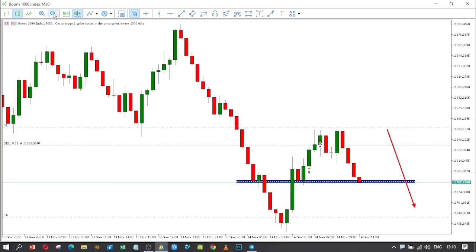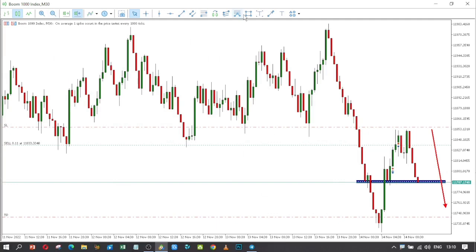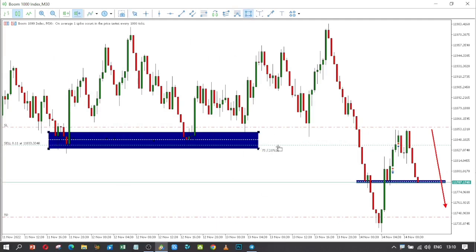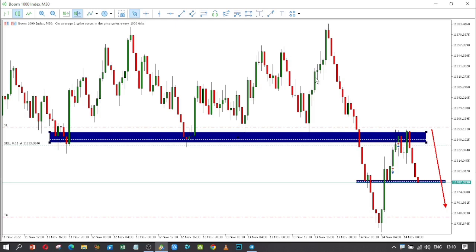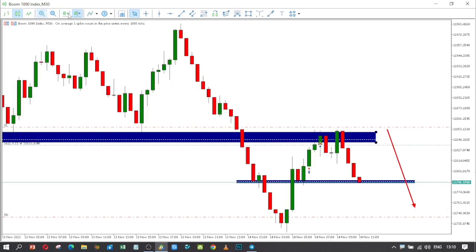So the strategy that I used here was to just mark major swing levels. This level was a major swing level. I saw the market breaking past the major swing level, now pulling back, and now I'm expecting the prices to drop again from that swing level right here. As you can see from this point, the market is now moving down, and I put this zone right here